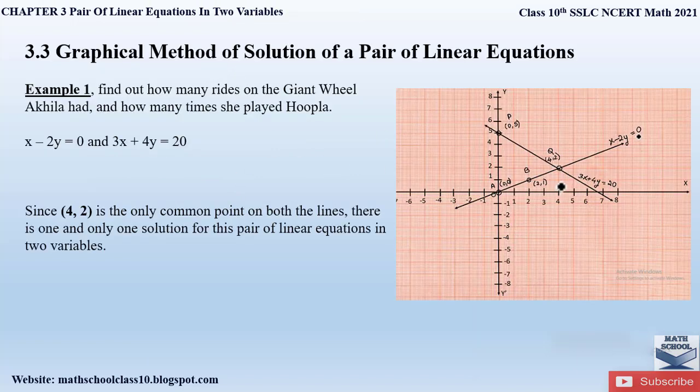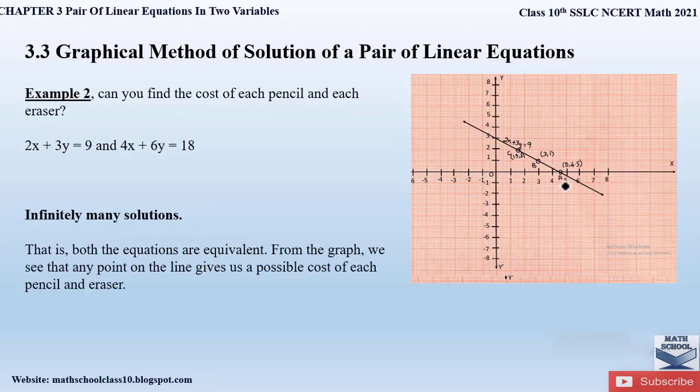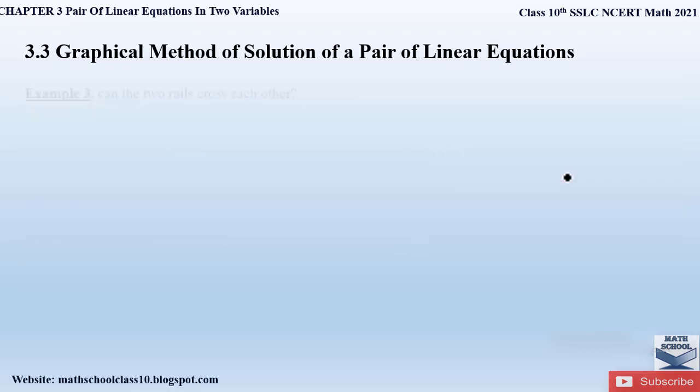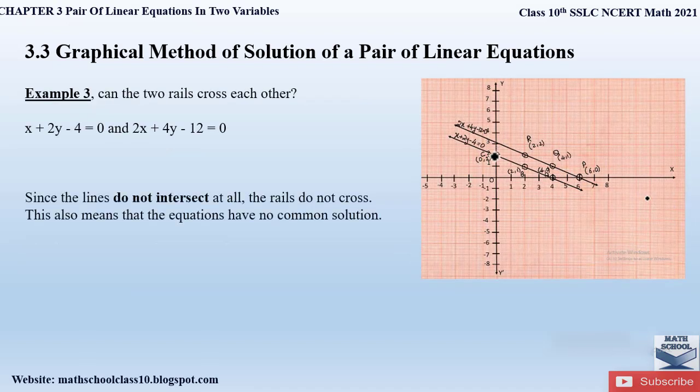Here there is an example where you can see a graph made by plotting these two linear equations. Here you can see that the two lines representing the linear equations are intersecting at a point. So these are called intersecting lines. In this second example, you can see that the lines are coincident, that means they are overlapping each other, and in the third condition you can see that the lines representing the pair of linear equations are parallel to each other. So these are the three possibilities in which a pair of linear equations can be represented on the graph.